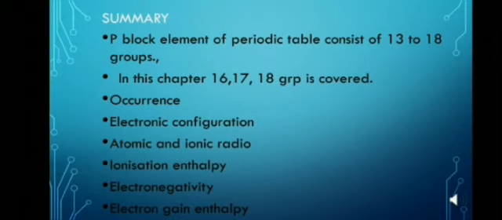In group 17, fluorine has less negative electron gain enthalpy than that of chlorine. Now this is also due to the small size of the fluorine atom. Group 18 elements have large positive electron gain enthalpy because they have completely filled shells. Now melting point and boiling point. Melting point and boiling point increase on moving down the group. Polonium has lower melting and boiling point due to the inert pair effect. This is also important. Now halogens have low melting and boiling points.